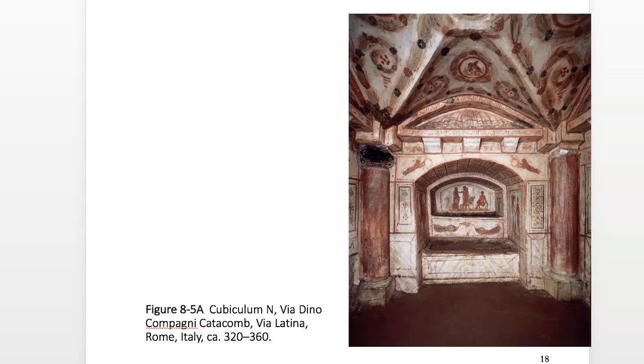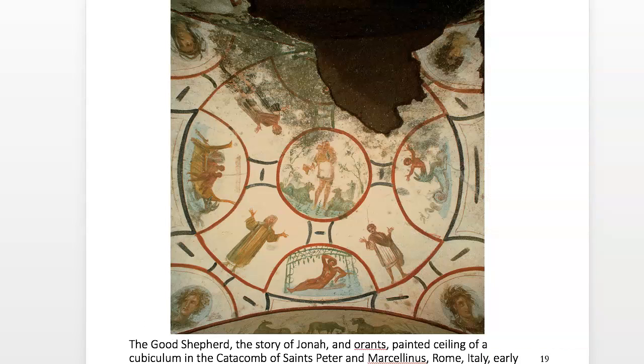So no artist had ever seen Jesus in person. These are all types that they used. There's also other scenes that appear of Adam and Eve, and definitely quite a few of Jonah. The book talks quite a lot about it, and we'll talk about him here, who is basically a prophet in the Old Testament who was disobedient and ran from God, got on a boat, and there was a storm, and so they prayed, and Jonah told them to throw him over into the water, and he was swallowed by a sea monster. Often people say a whale. This is that right here, on this little lunette over here,